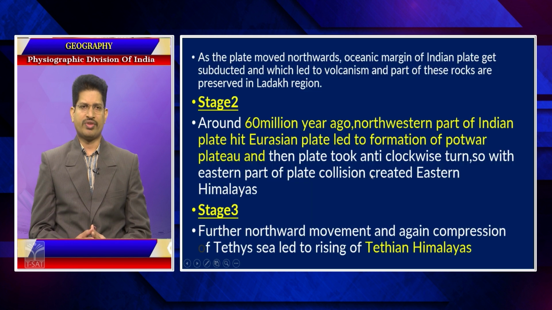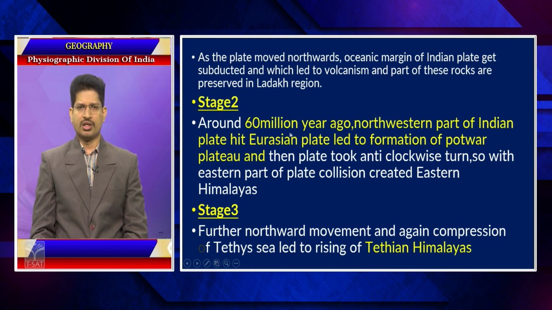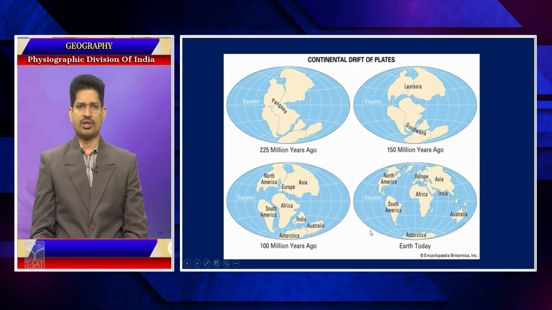In this process of upliftment, there are many different stages. The Indian plate collided at the Ladakh region. After that, about 60 million years ago, the northwestern part of the Indian plate hit the Eurasian plate, which led to the formation of the Potwar Plateau, which is in the Pakistan region. Stage 3 led to the formation of the Tethys Himalayas. So, what happened in this stage 3,